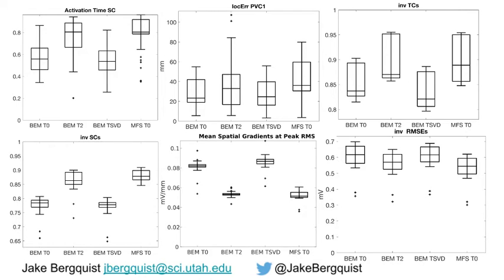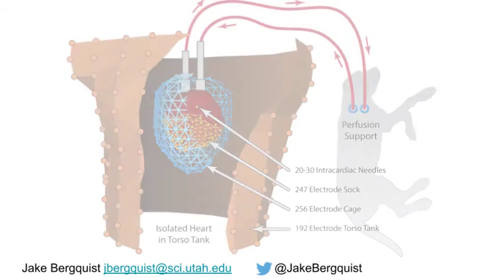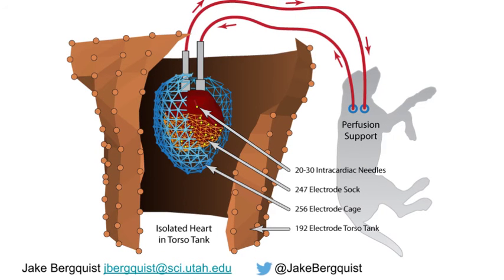This allows us to examine and validate various ECGI formulations in a way that has never been done before. Here we report in this study ECGI accuracy that is higher than any that we have noted in literature. While the datasets used here may not be perfectly representative of the clinical scenarios involving a moving heart and inhomogeneous torso conductivities, they do allow for a very powerful and robust platform for examining the fundamental behaviors of various ECGI